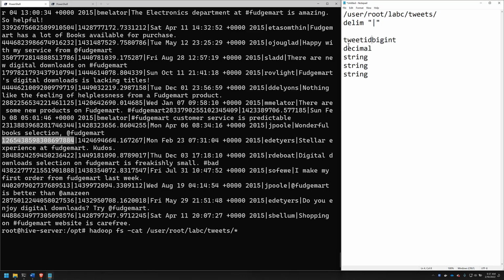ID. And then this decimal, I don't know what this is. Maybe it's the timestamp or something. I don't know. I'll just call it timestamp. And this one is the time of the tweet. But you can't call it time because time's a reserved word and date's a reserved word. So what I'm going to do is maybe put tweet in front of these. So it's going to be tweet, timestamp, tweet, ID,